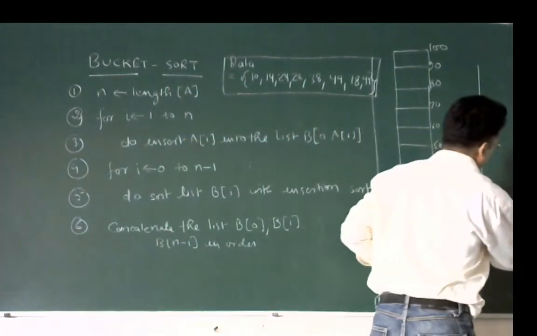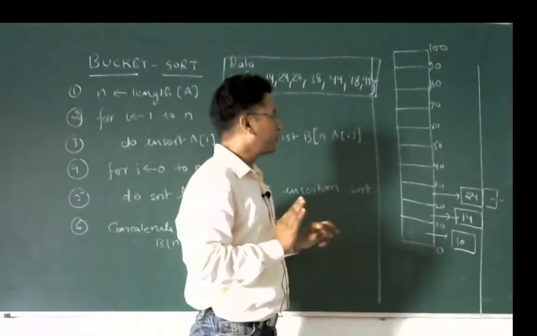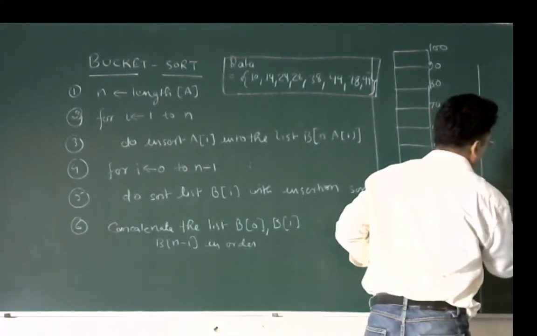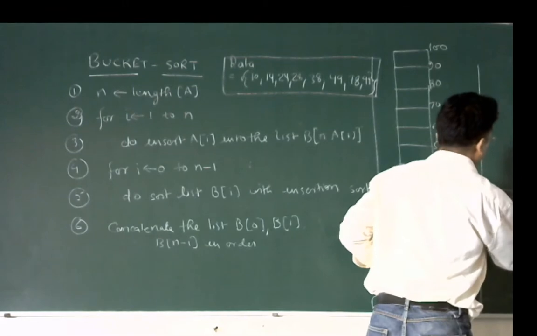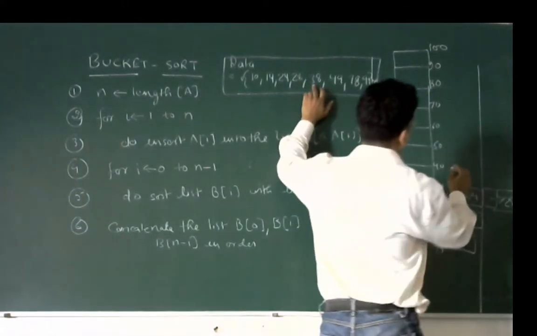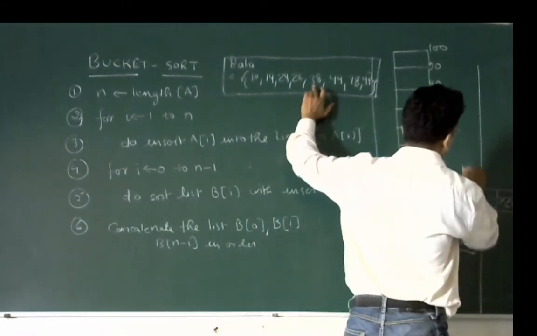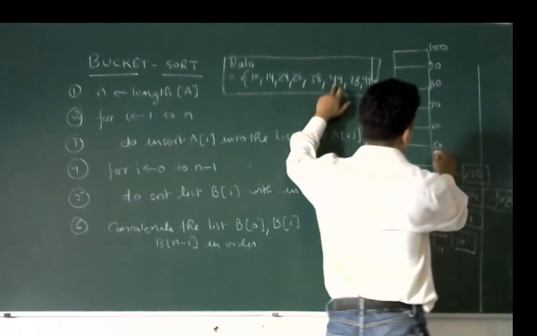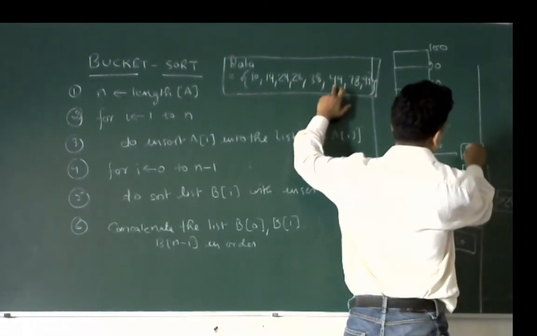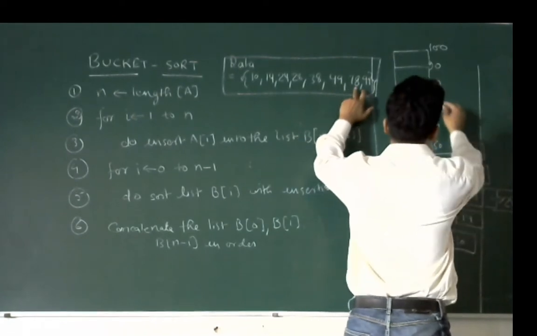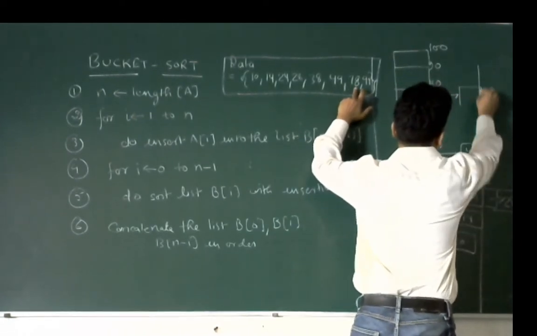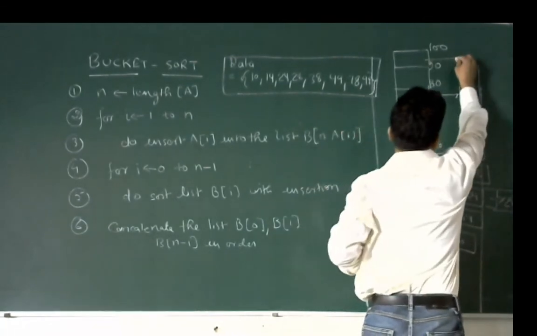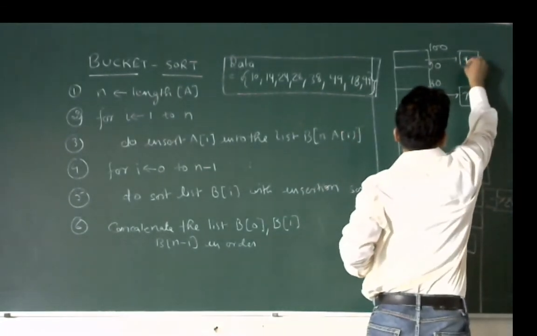So sorry, it was going out of range. So this will go into the same bin, 28. Next is 38, which will go into this bin, and 49, 78 and 99 into their bins.